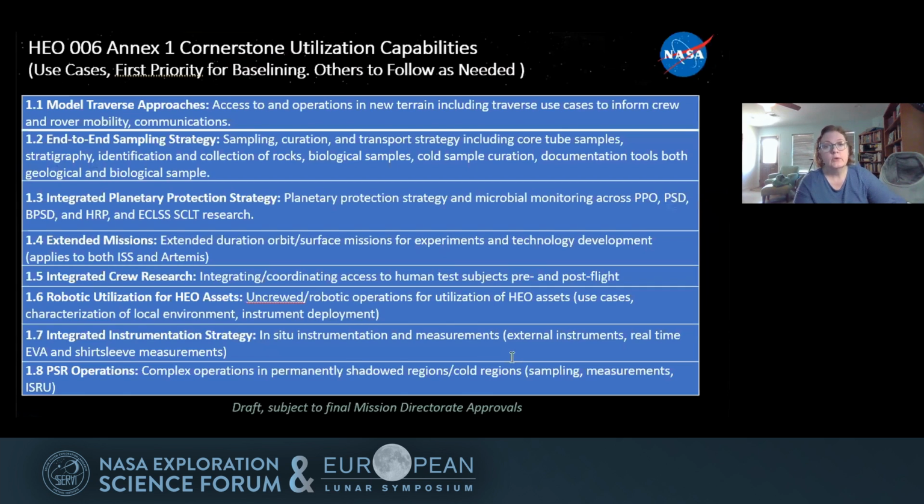Another thing that we're doing is working to define the long-term capabilities that are needed across the lunar architecture, especially as we head towards that base camp. And I wanted to give you a little insight into some of those things that we're working on together with our SMD colleagues. So model traverse approaches, the end-to-end sampling strategy, the integrated planetary protection strategy,